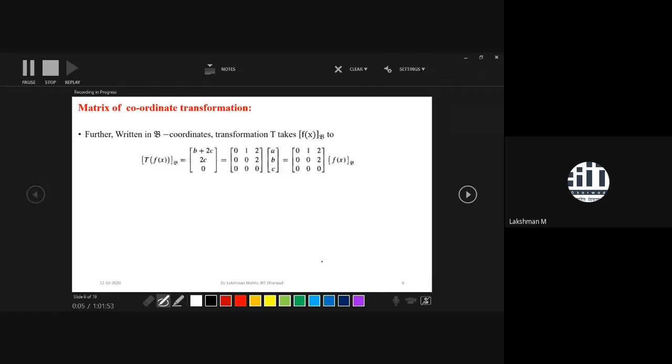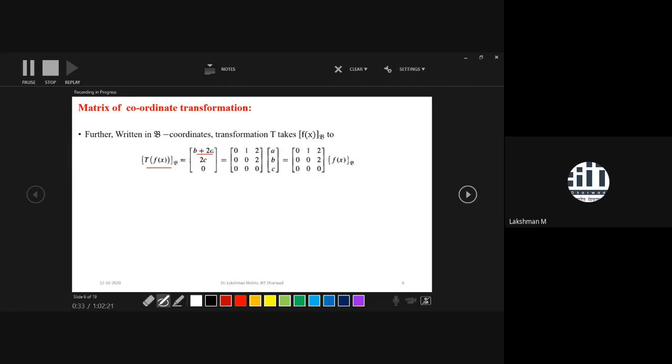So what is the inspection? The coordinate of the image is b plus 2c, 0. We do a little bit of manipulation in order to write the matrix. So you can write it this way. Consider this. What does it talk about? It is written in the form of when you are writing a system of equations in matrix form. The similar thing is coming here. You are having just the left hand side portion only.